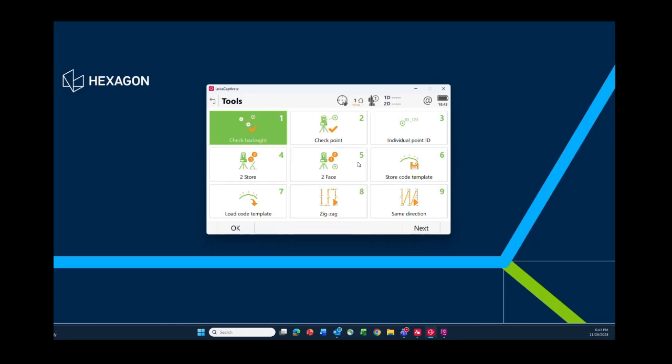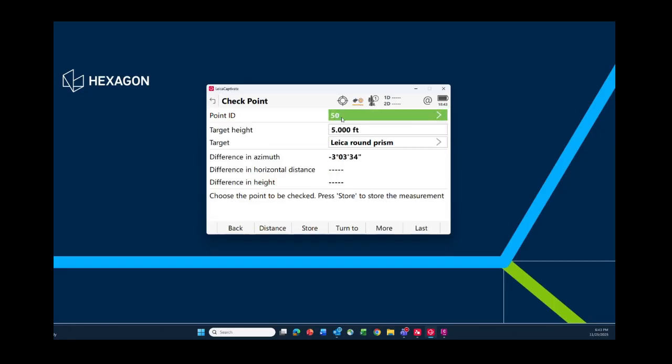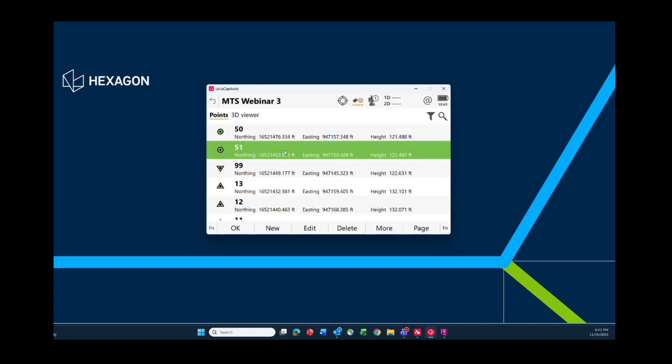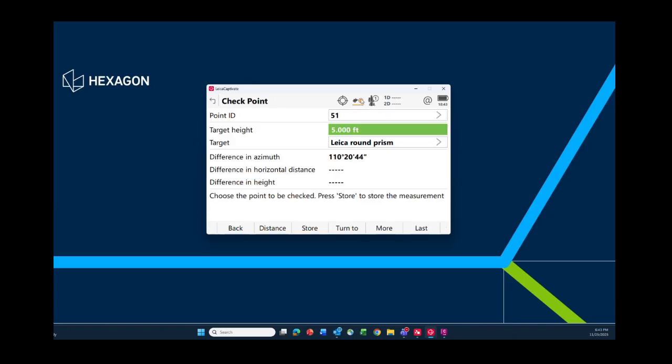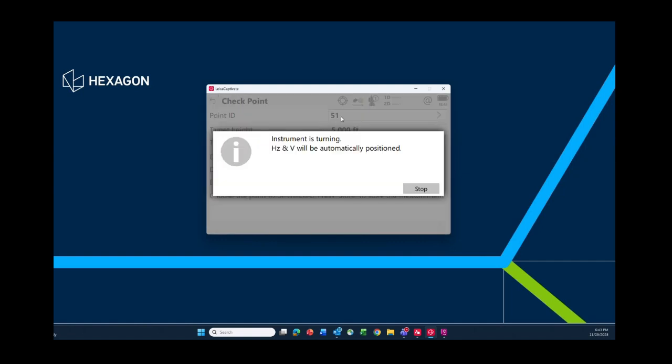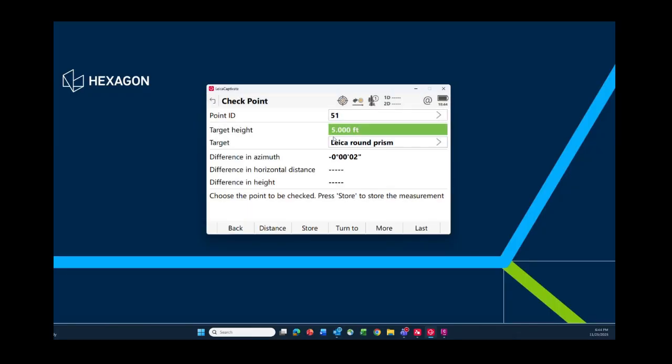So checkpoint, if you simply want to check a point. I want to check point 51, and I know it's a prism. If you pick any point, let's say it could be a backside and you just want to do a check on it, or you have another prism somewhere and you want to do a check shot. I can pick the point and do a turn to, and it's looking at the target. I can take a distance on it. It's a round prism and I'll see some delta value. I'm good with it. If I store the point,